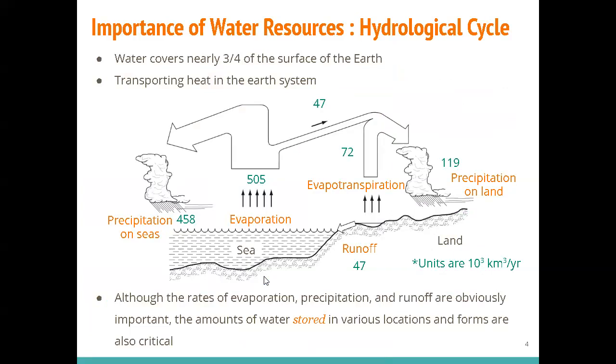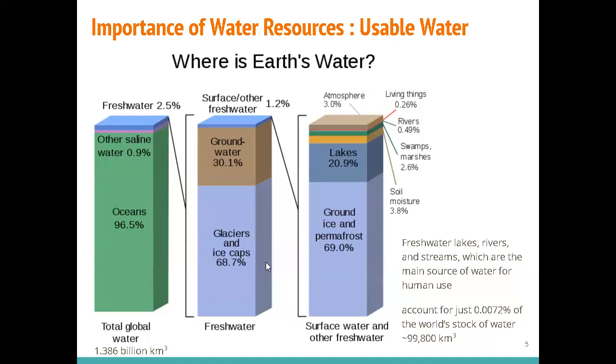Okay, so before we talk about the water resources, we need to talk about the hydrological cycle. There's a lot of water in the Earth system, whether it's in the ocean or it goes to the sky or the atmosphere by evaporation, and then we get it back with precipitation, right? We also get water from the river, the surface water, the runoff. So there are different storages in the Earth system from which we can get water. Okay, but sadly, the usable water is very, very small.